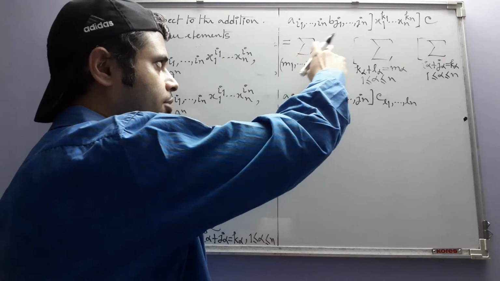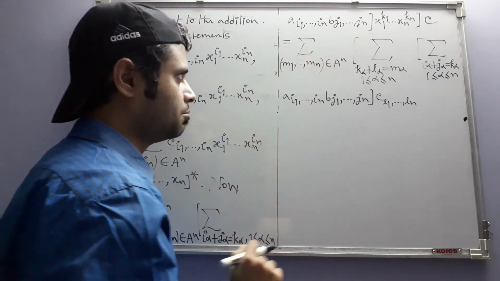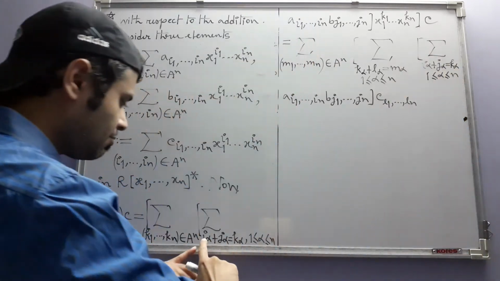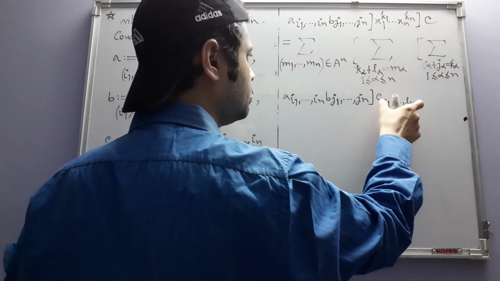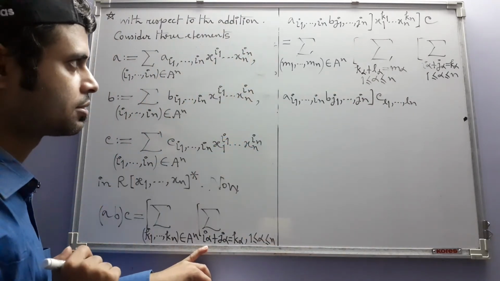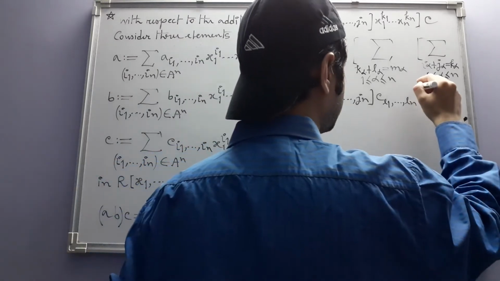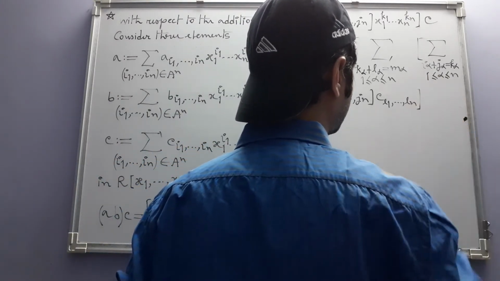The absolute outer sum, let's not think about it for a moment. So we have multiplied this thing by C, and we are taking sums of such products. Okay,